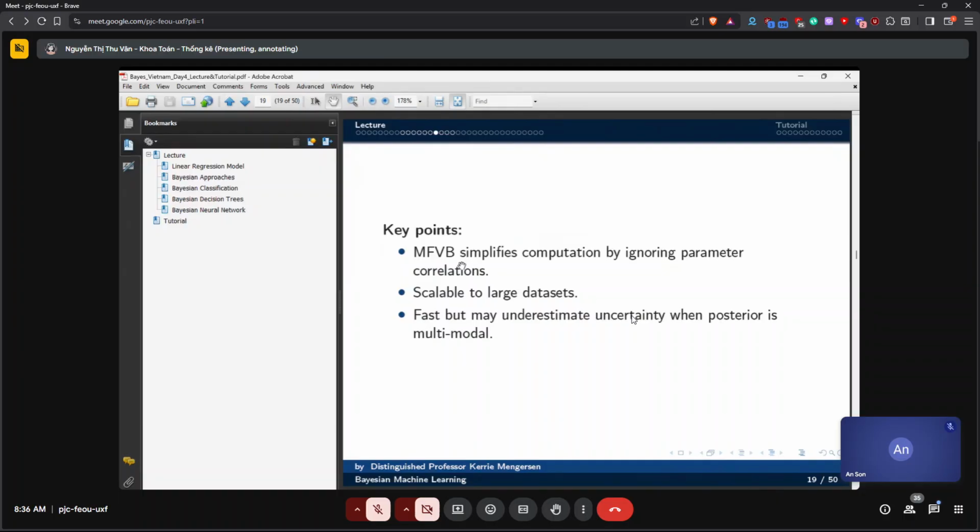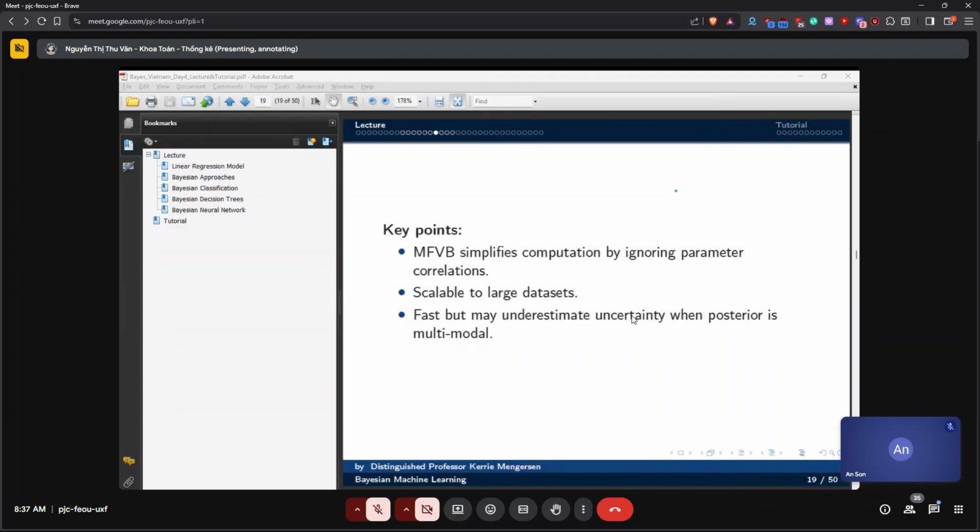Okay, so the key points now is that our mean field variational Bayes simplifies the computation, and it's scalable to large data sets. It's fast, but it can underestimate uncertainty when the posterior is multimodal. So it's important for you to understand this.